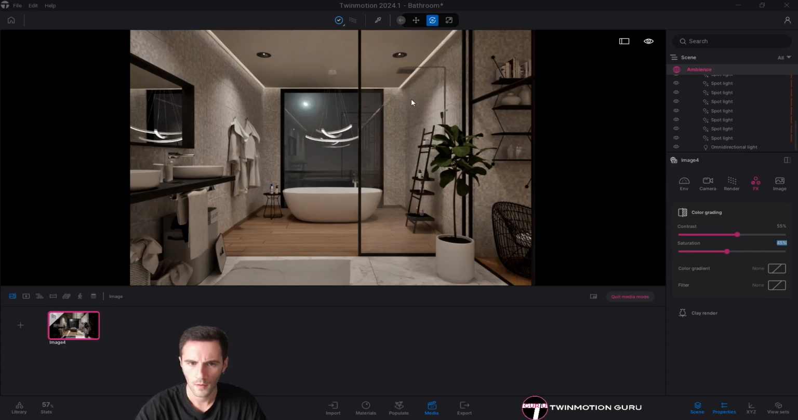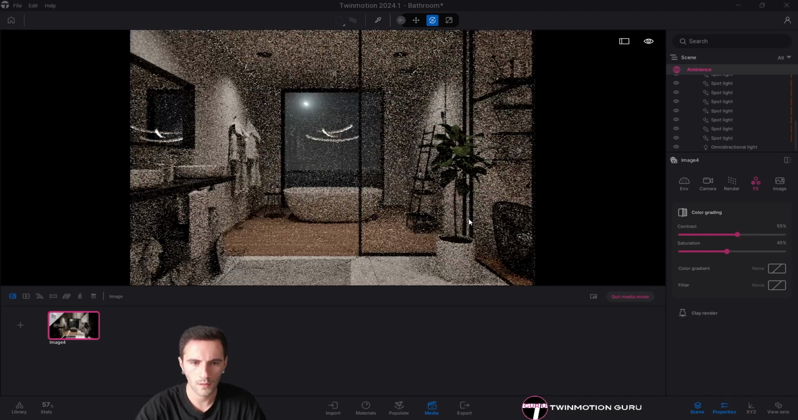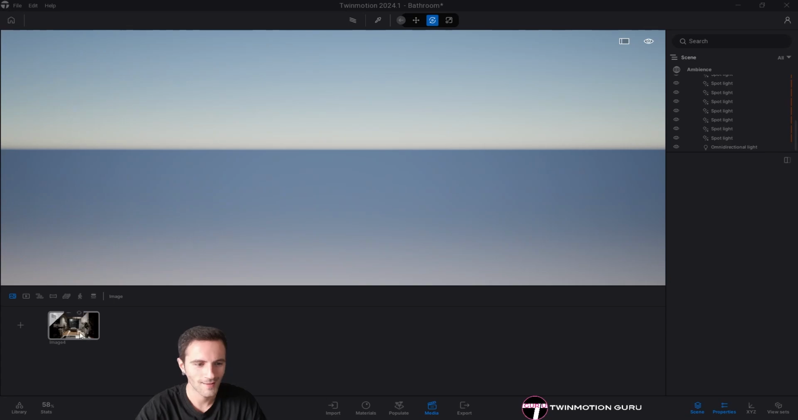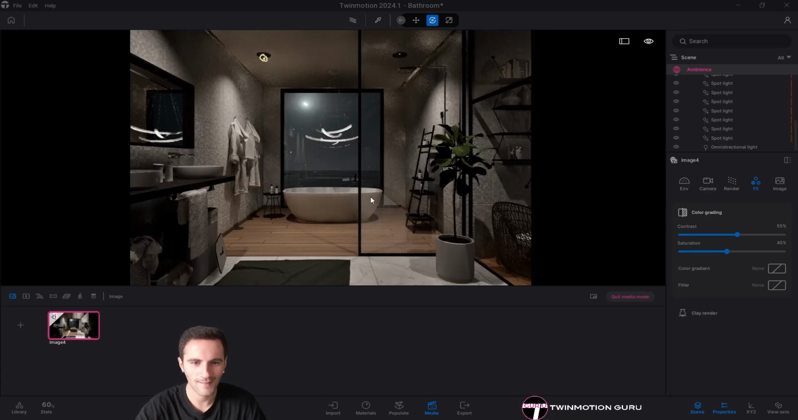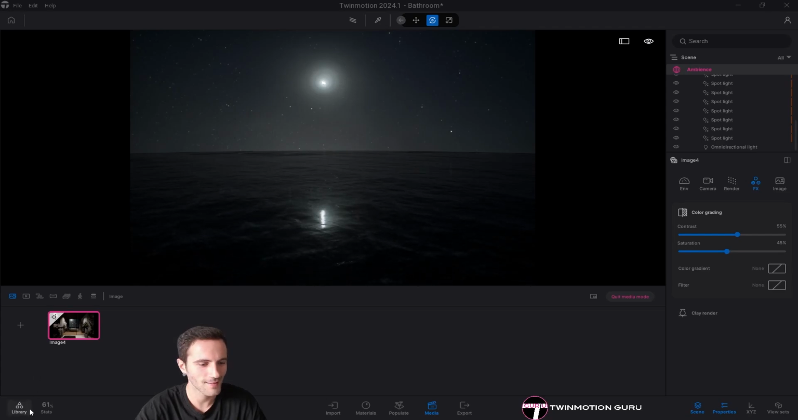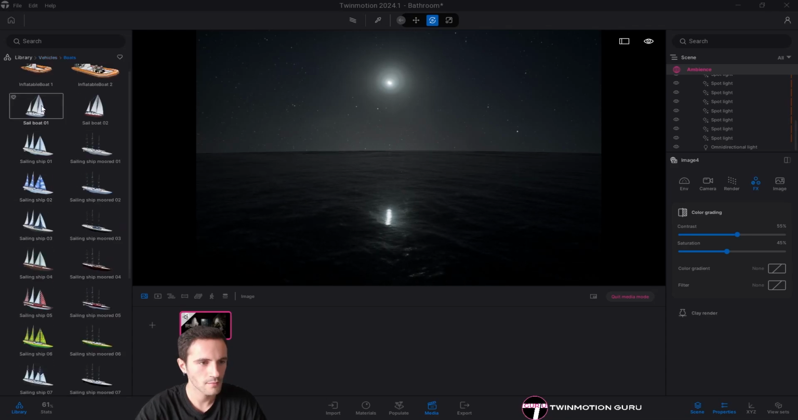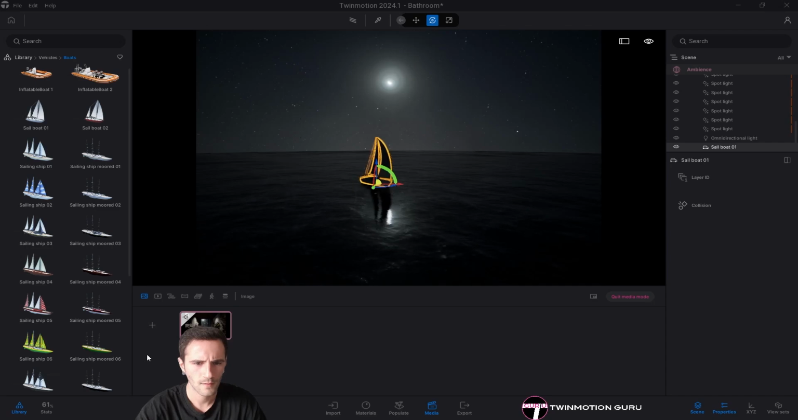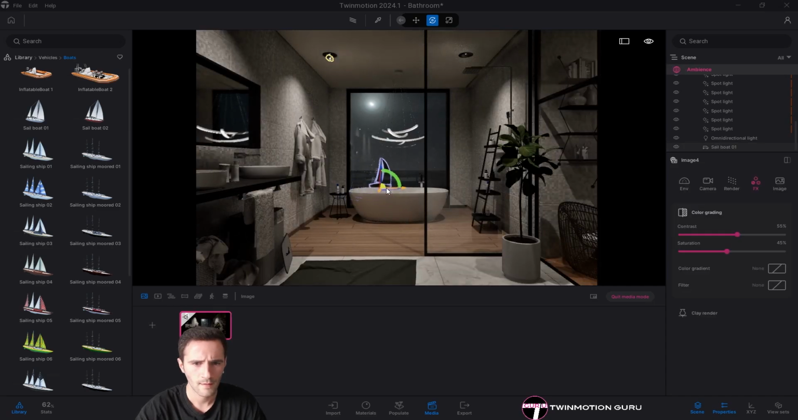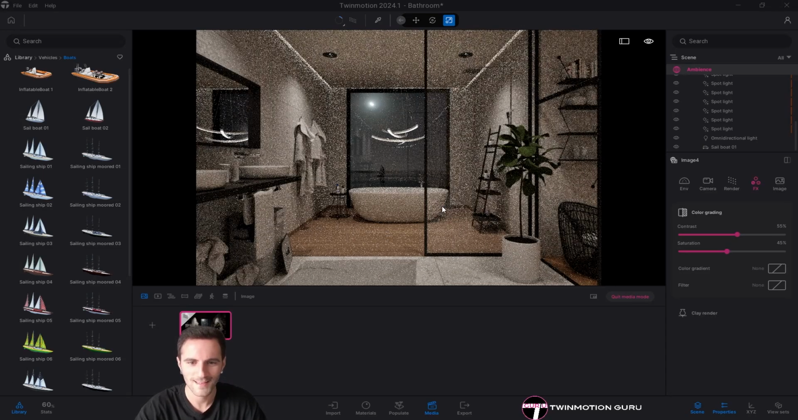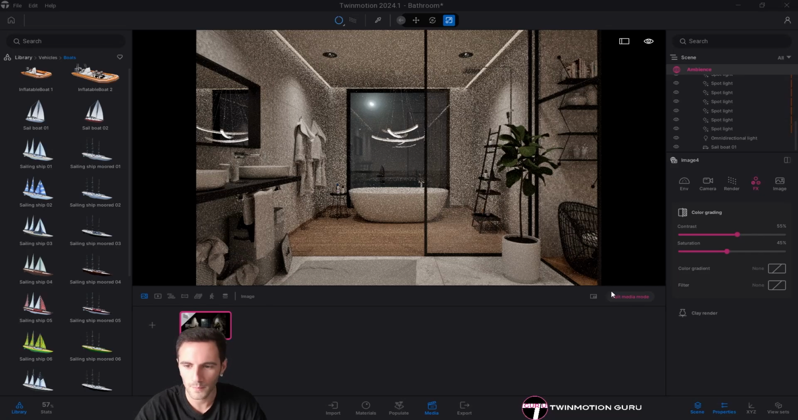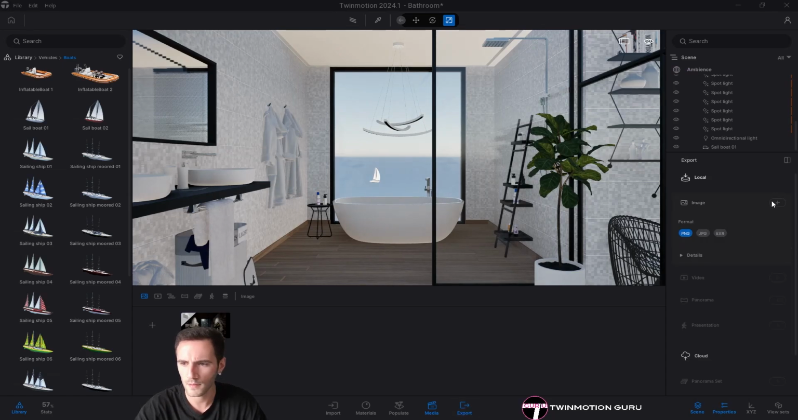Okay. And I think that I can maybe add right now a kind of boat here with the moonlight. So I'm just taking a vehicle, a boat. Yeah, maybe this one. Something like that. Here. Scale it down. Okay, really nice. I just hope that the moon will light also this boat, but for the moment this will